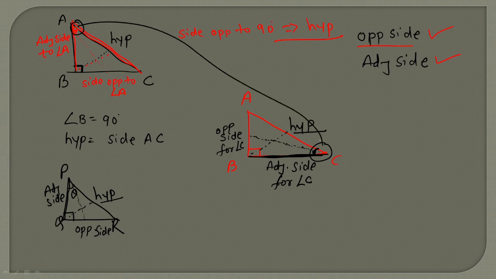If I change the angle, then the opposite and adjacent sides both get interchanged, right? So you have to remember this. If I change the angle for 90 degrees, we cannot see the opposite or adjacent, because the side opposite to 90 degrees is always the hypotenuse. So we will always see these two angles only. Whichever angle you see, for that you can find the opposite side and adjacent side, right?